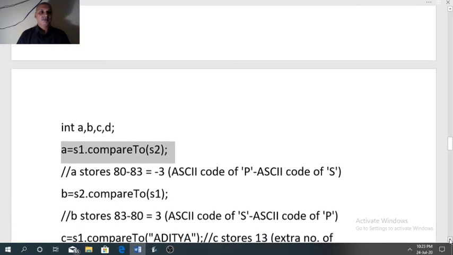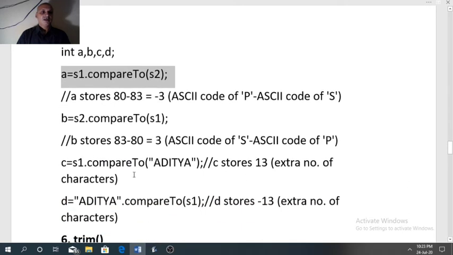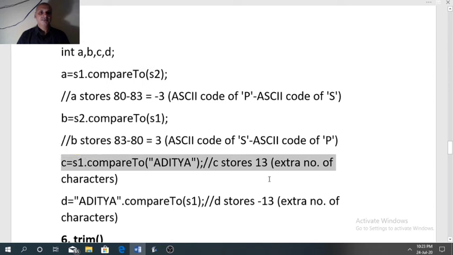Now third example, S1 dot compare to Aditya. That result will be stored in C. So here S1 is Aditya Pratap Singh.